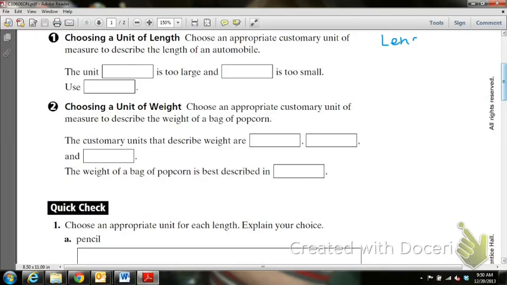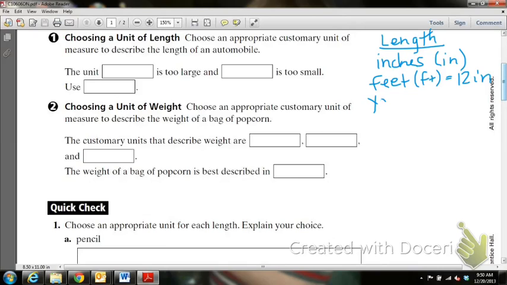When we talk about length, how long something is, we talk about inches, which we abbreviate with IN. We talk about feet, which we call FT, which is 12 inches. We talk about yards, which is YD, and that's 3 feet. And we talk about miles, which is MI, which is